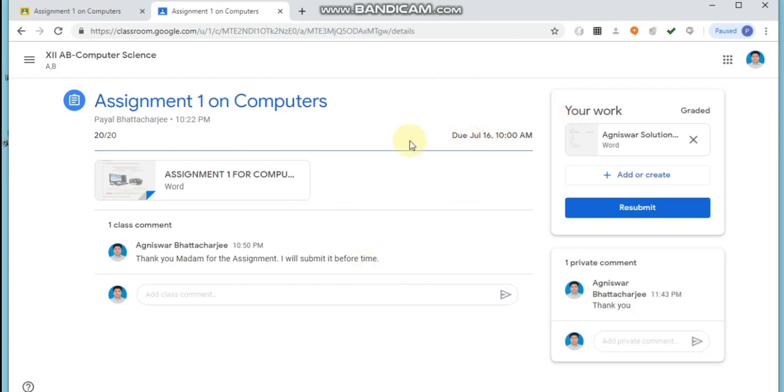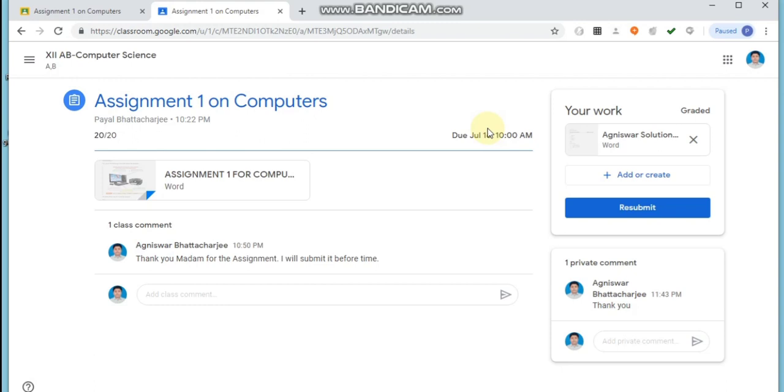So finally we have learned how to give assignments to the students as a teacher, how to give a due date and mark a grade, attach attachments, and share it with the students.